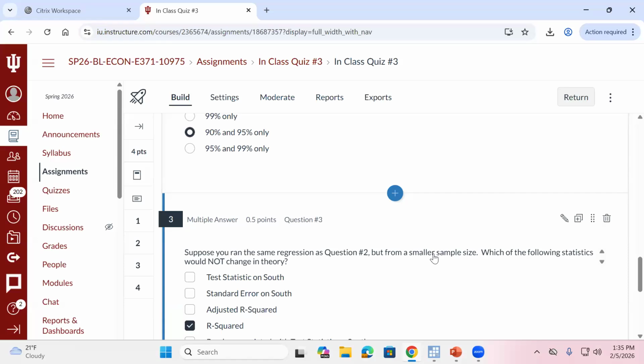Goes up. Hopefully we need to understand how fractions, numerators, and denominators work here. If my denominator in my test statistic is now larger, what's going to happen to my test statistic? It's going to go down. If I only reject when the absolute value of that test statistic is greater than my critical value, then if my test statistic is now lower, is it going to be more or less likely I can reject?